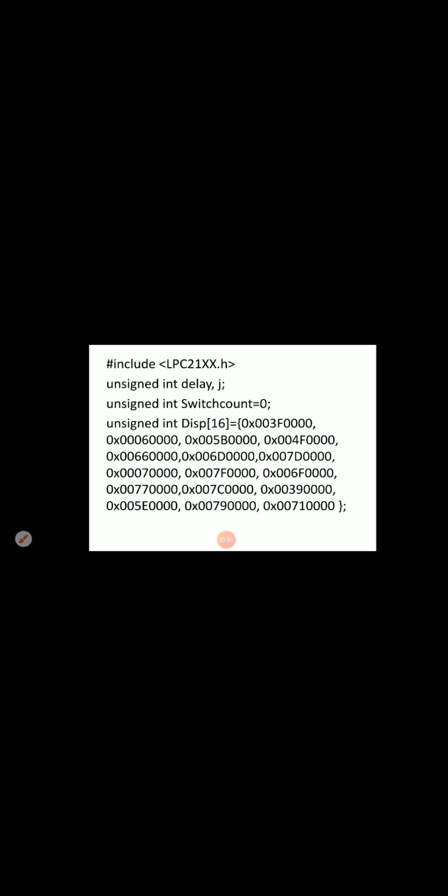Okay, now I have already explained how we are going to configure LPC2148 for selecting the output pins from P0.16 to P0.23. So these are the output pins. So that means after programming, you have to see these pin numbers from 0.16 to 0.23, and you have to take the wires from that and connect them to the LED. So those are the 8 pin LEDs.